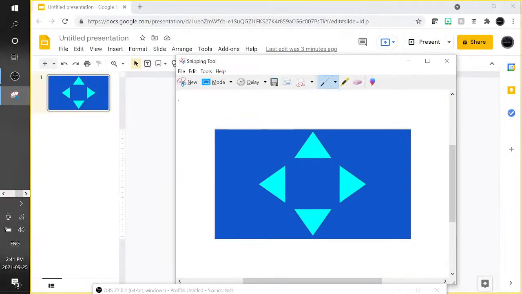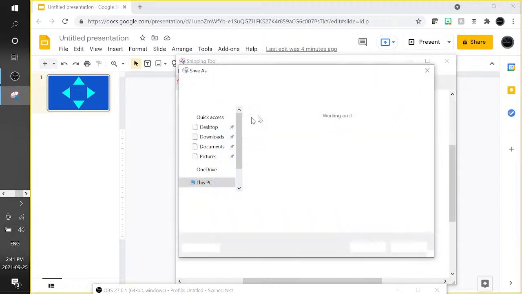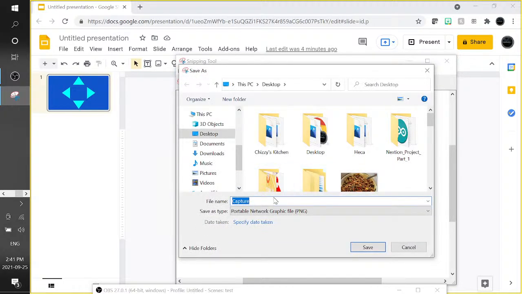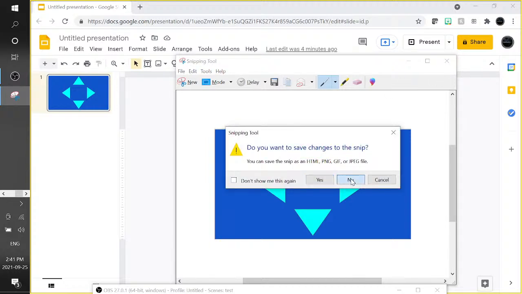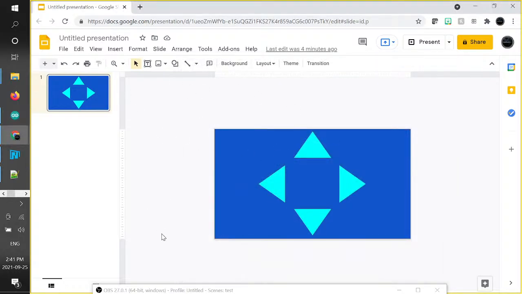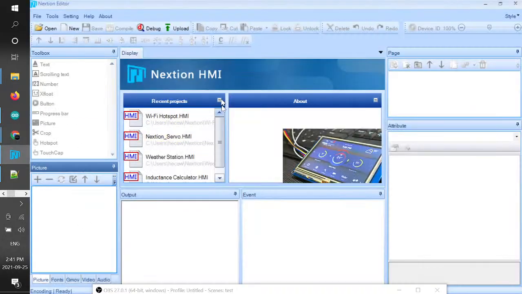And once I did that, I clicked on file and save as, and then I gave it a name, navigation arrows. Yeah, and then I saved it. Basically that's what I did. Clicked it and then I saved it. So it's saved now on my desktop. So the next thing to do is to go to my Nextion editor and then create a